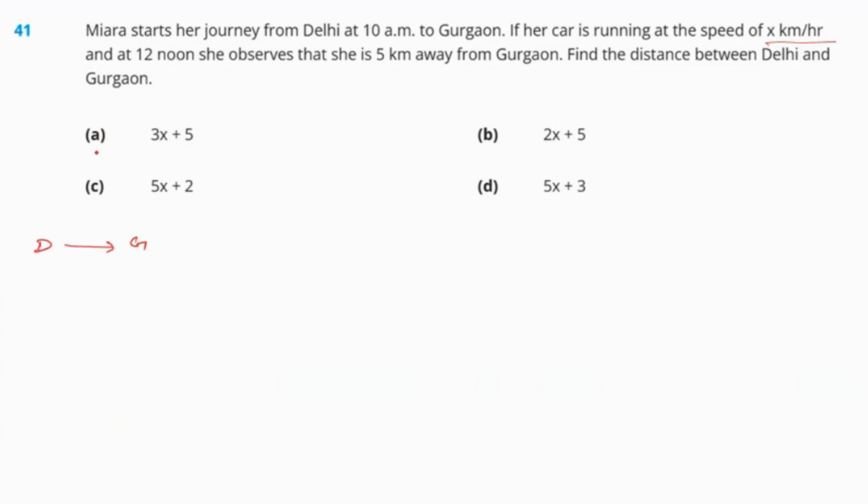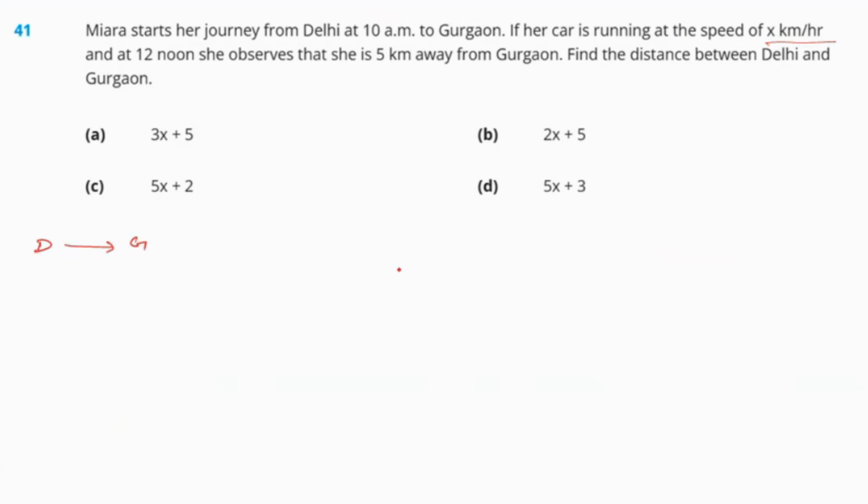Okay, so the speed is x kilometer per hour. And distance is equal to speed multiplied by time only. So the speed we are getting is x. And at 12 noon she can see that she is still 5 kilometers away from Gurgaon. Okay, so what we need to do